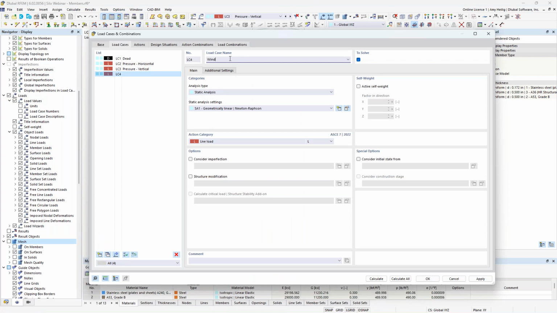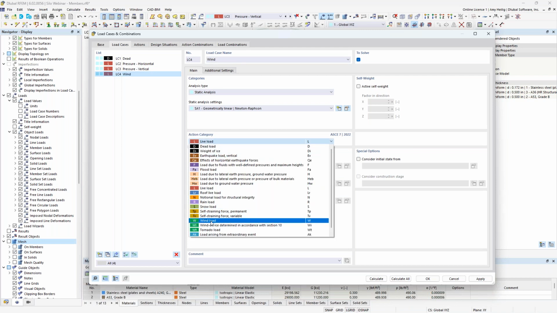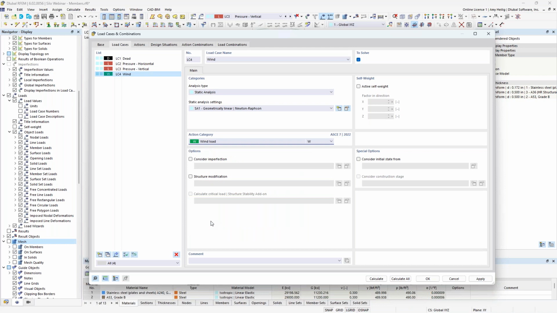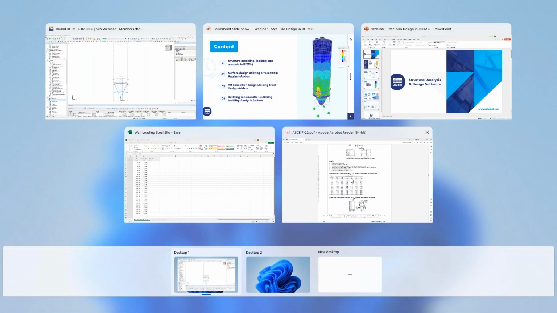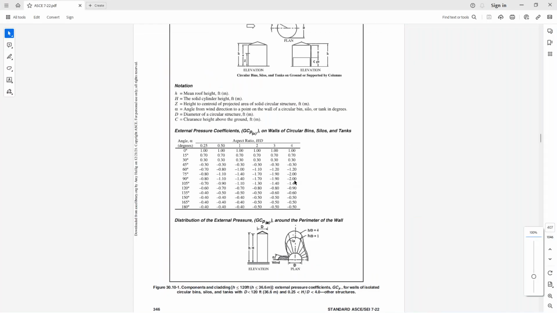And the wind load, this will be of the type wind with the load case name set as so. The action category will, of course, be set to wind load. So now that I have this fourth load case, what I'd like to do is refer here directly to the ASCE 7 2022. And in particular, I'm looking at figure 30.10-1. So if we are designing our silo according to the components and cladding method for our wind loads, you'll